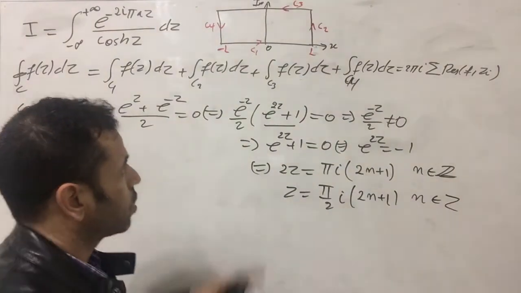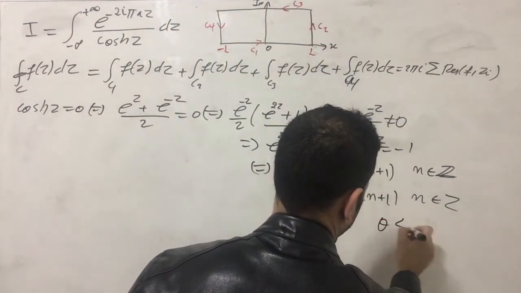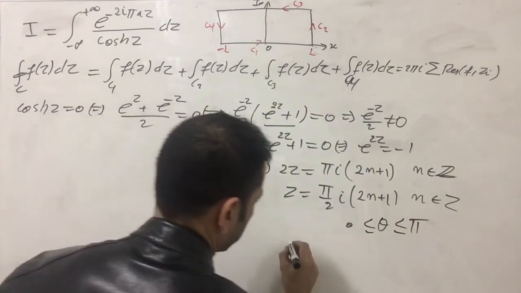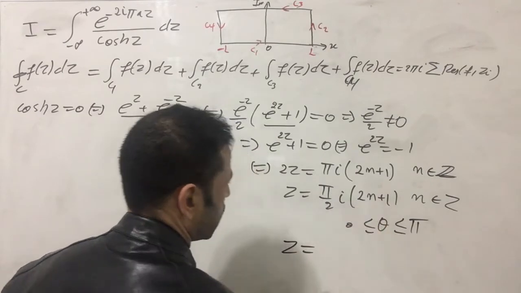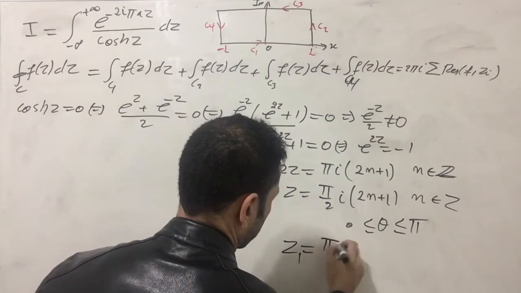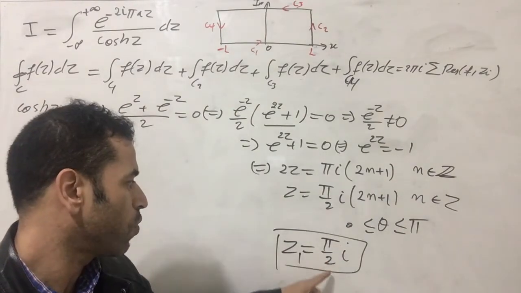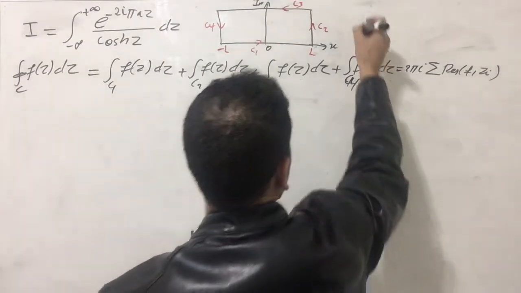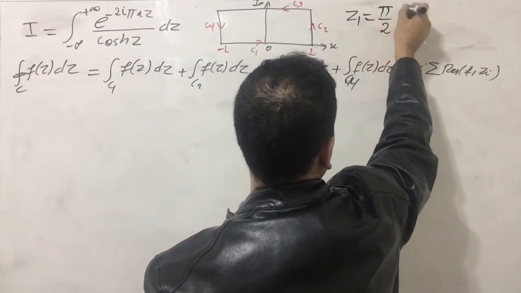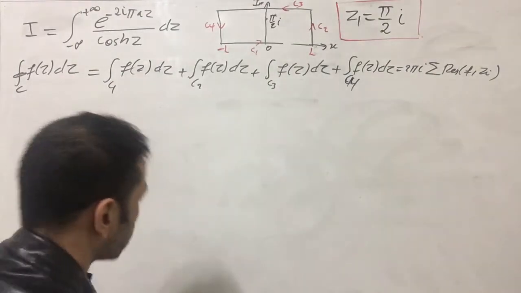Since the imaginary part lies between 0 and pi, we replace n with 0, so we have z1 as a pole equal to pi i over 2. So the only pole that I have is pi i over 2. Let's move on to calculate